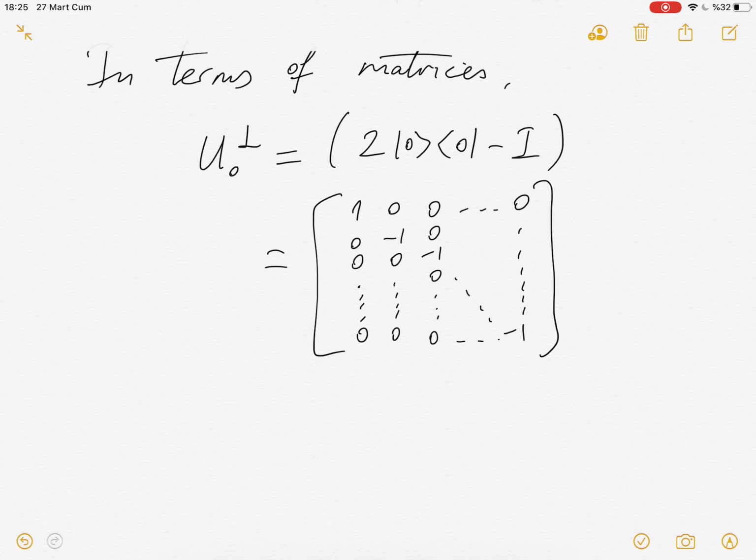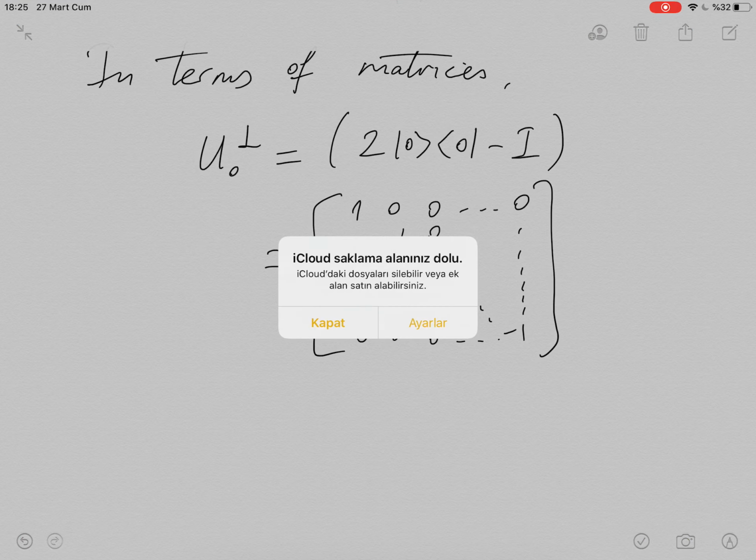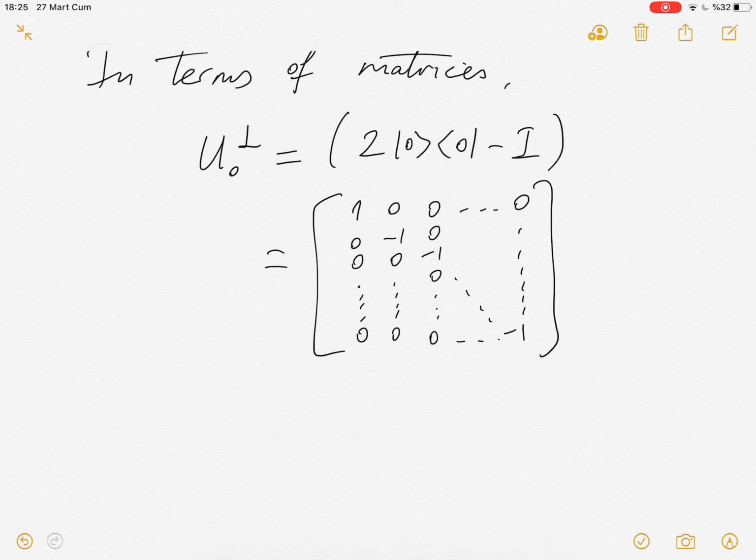So this matrix actually inverts the phase of the states that are orthogonal to